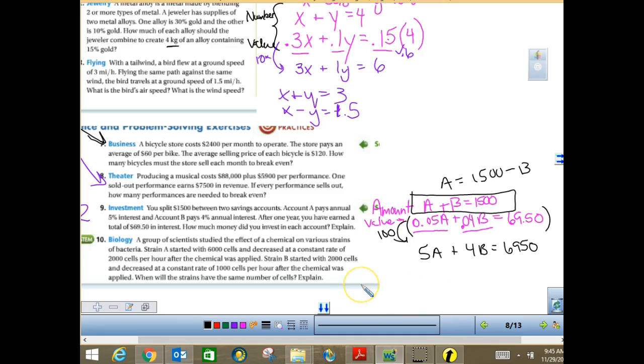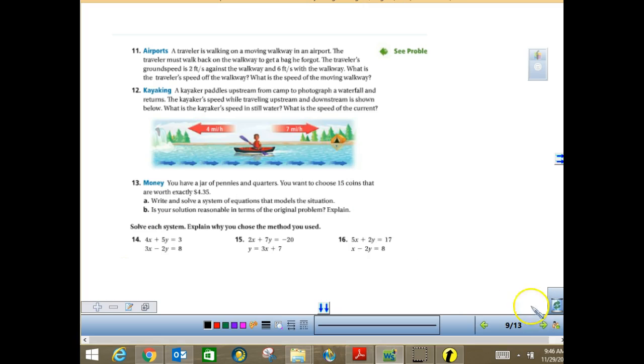So, number 13, what is the question on 13 that someone had? Do we know how to write the equation? Yes? No? What do you guys think? 13, we're dealing with money. So the first one is going to be with the number. If you have not written number 13, I want you to try it and check with your shoulder partner before you go any further. If you did it and solved the whole problem, you can start working on either page